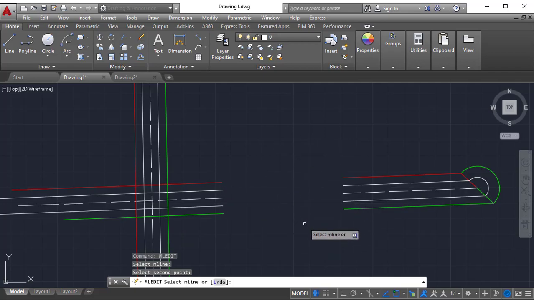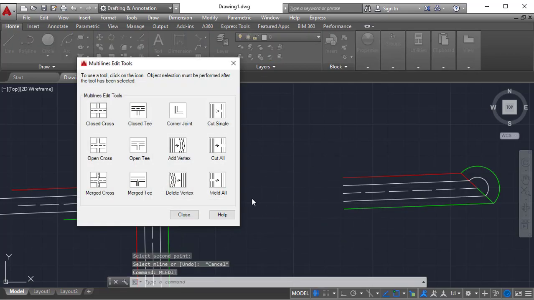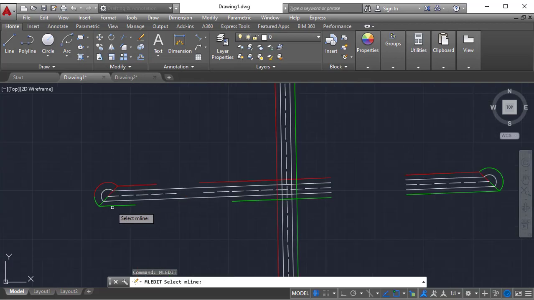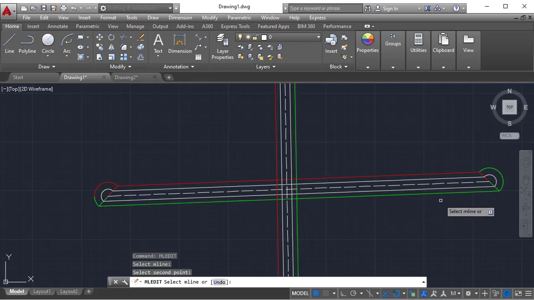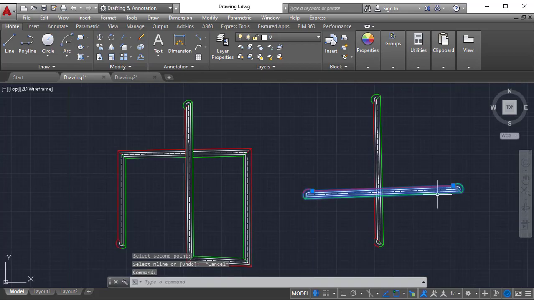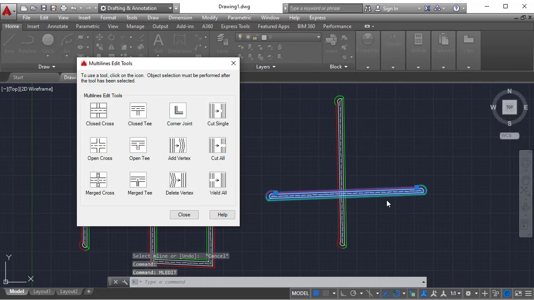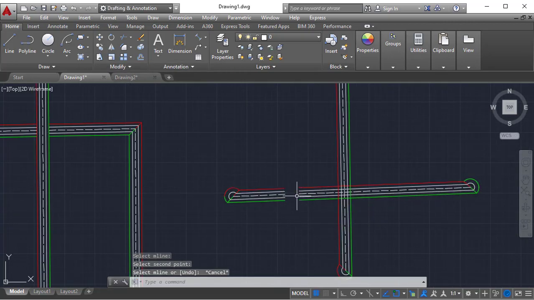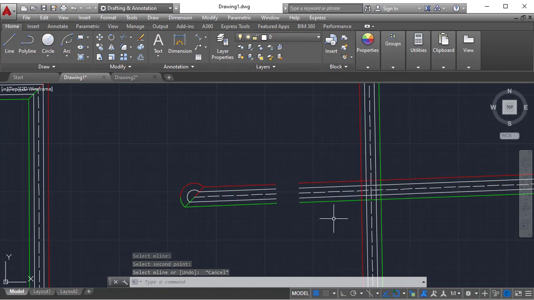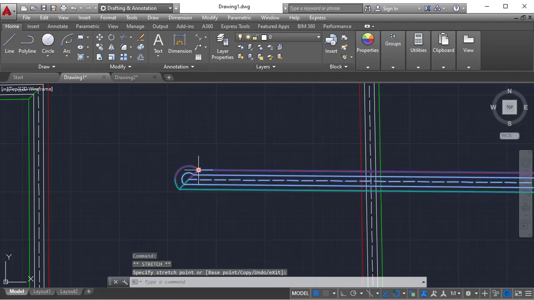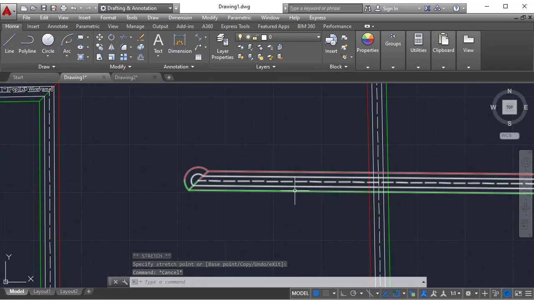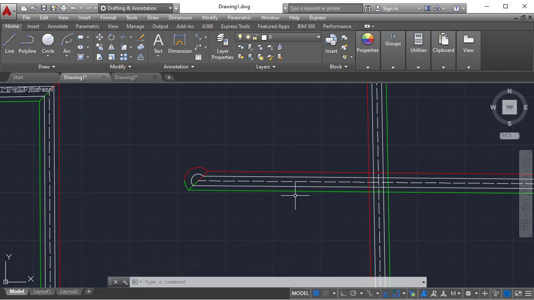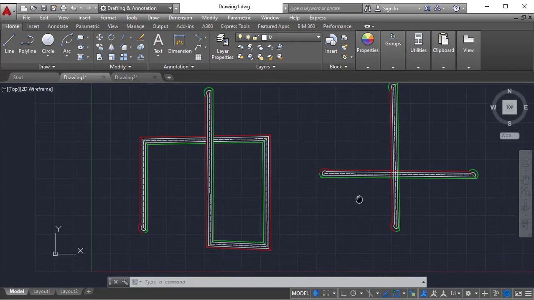All lines are deleted. MLED, weld all. See, I'm just clicking at the end of this cut position and the end of this cut position. What happened? The entire object will be added again. Here you need to observe one point. Whether you use cut all or cut single, whatever point you choose, it's not like the object is separated. You select the object. If you try to move this end point like this, see, it's not weld all, it's like the cut properties are neglected. That is the thing that happens in multiline edits.